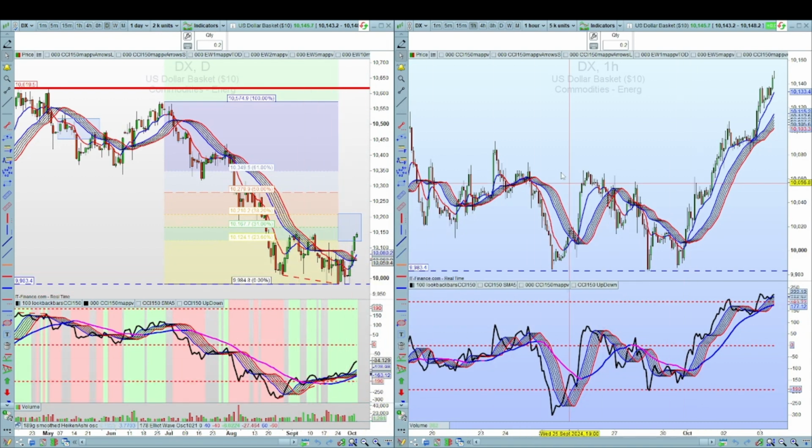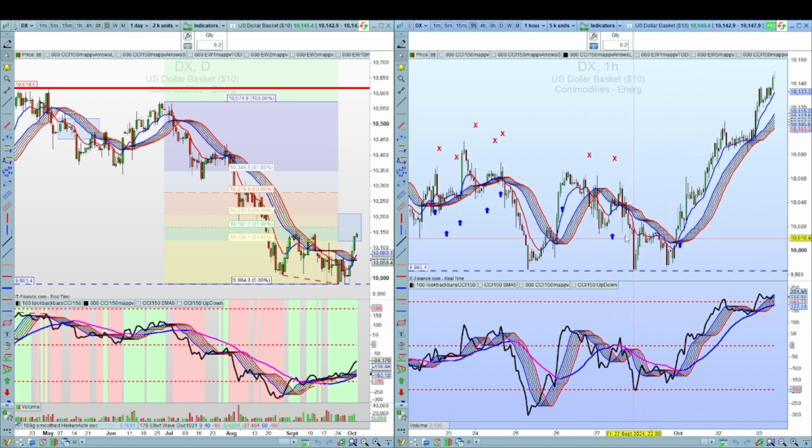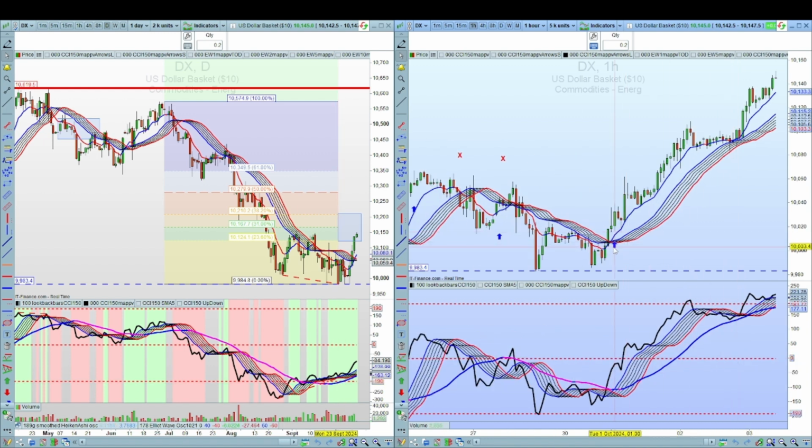Now, if we go to the micro charts and we use the daily as a reference, we only take long trades if we're trading on the hourly, and I've got here the hourly, but you can apply this to the 15-minute, the 2-hour, 4-hour, etc. So we only take long trades, and I'll mark the long entries there with these arrows. So again, you would have taken these long entries on the hourly in accordance with the bullish movement on the daily. And the latest trade we've had here was that point there when the CCI broke above its moving averages, but also above the moving average range of the price chart, and that would still be in the trade as we speak.